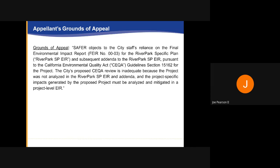The appellant's one ground of appeal has been noted here verbatim, and in the subsequent slides, staff will provide responses to this ground of appeal. For the record, the ground of appeal is that SAFER objects to the city staff's reliance on the final environmental impact report, FEIR number 00-03, for the River Park specific plan and subsequent addenda to the River Park specific plan EIR, pursuant to the California Environmental Quality Act, or CEQA, guideline